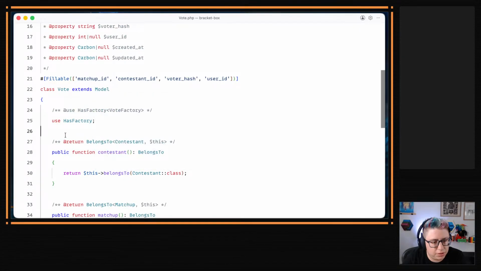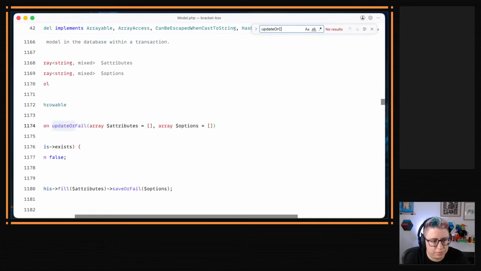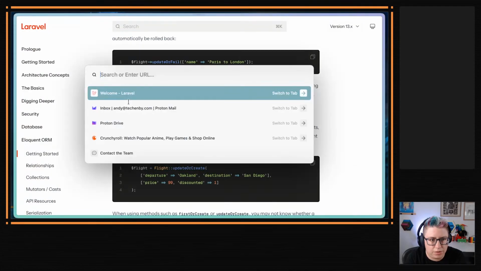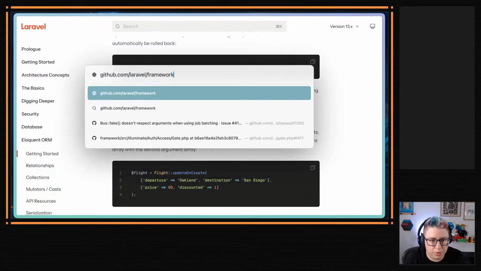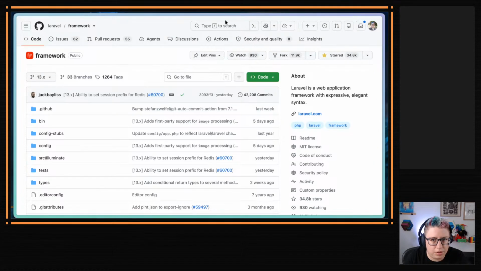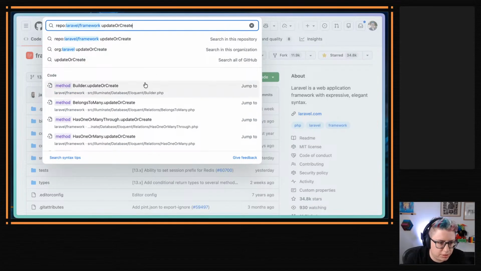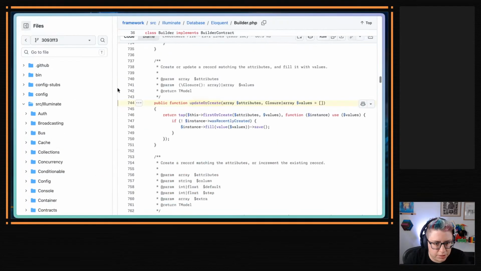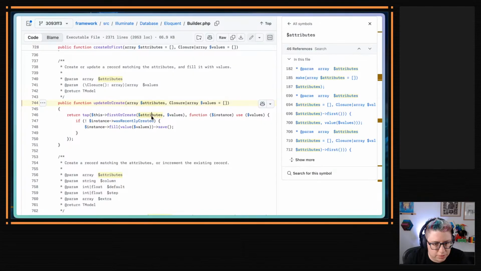Extends model. Okay. GitHub, Laravel framework. And then we're going to search for update or create. So it was a builder method. Okay. Attributes